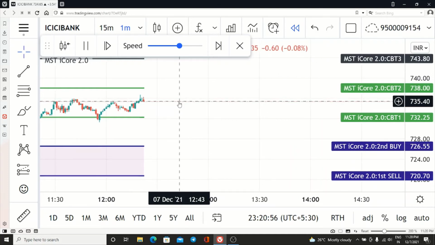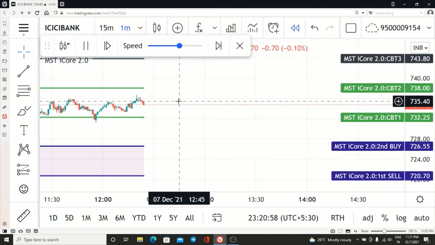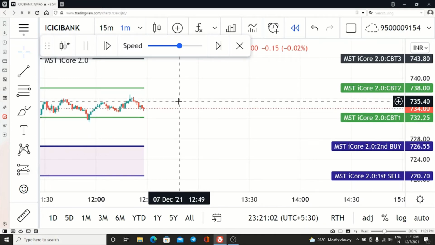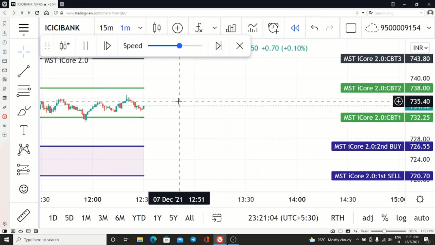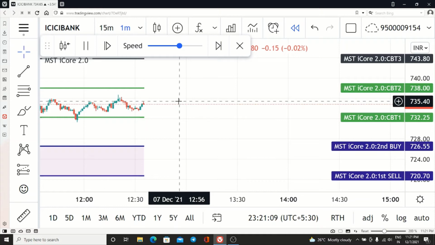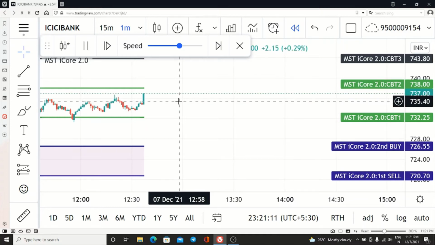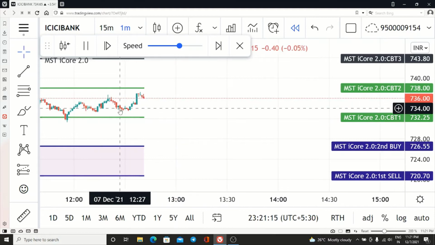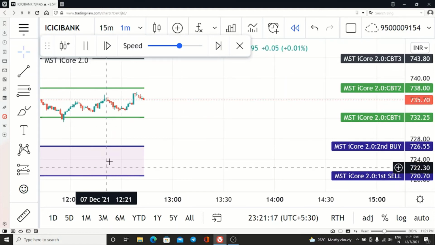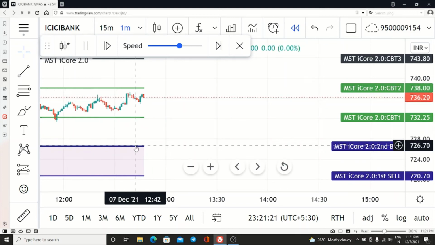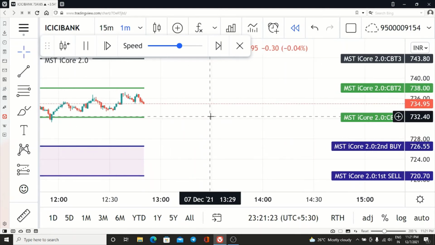So it is nearing our second target also, but it has not given the second target yet. 75% it has reached. It is coming down. Don't worry if you are waiting for the second target. Keep with the stop loss, revise stop loss. Once first target is met, your stop loss should be revised to cost to cost. If it is coming down, you will not be in a loss, you will be in a profit only.